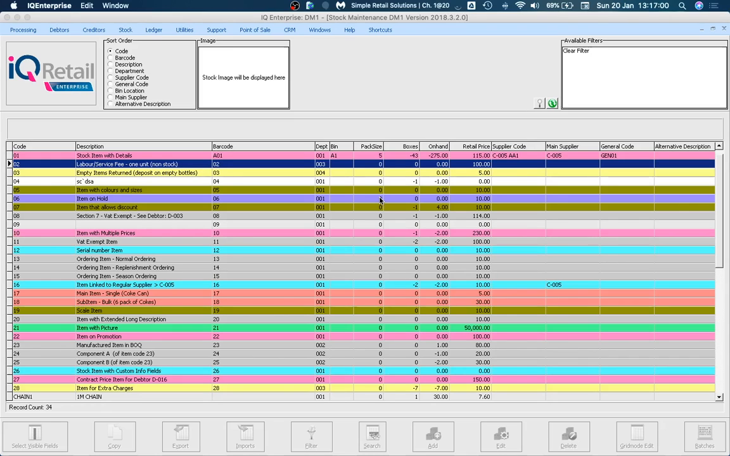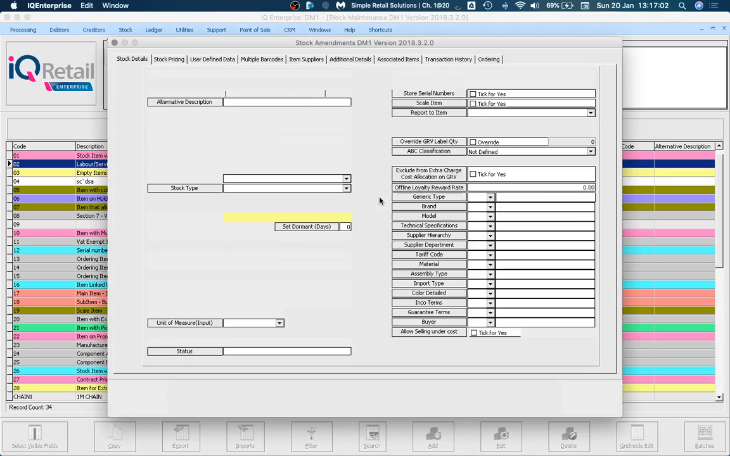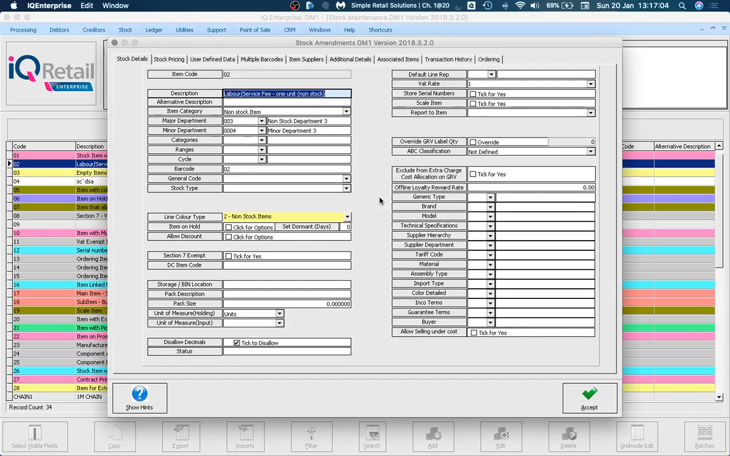The key things to remember here are that stock items must be linked to a perpetual stock department, and non-stock items must be linked to a periodic stock department. Once that is set up in that way, it will not mess up unless there's a serious flaw or bug or something like that. Your stock should always then be balancing. If we go back in here,